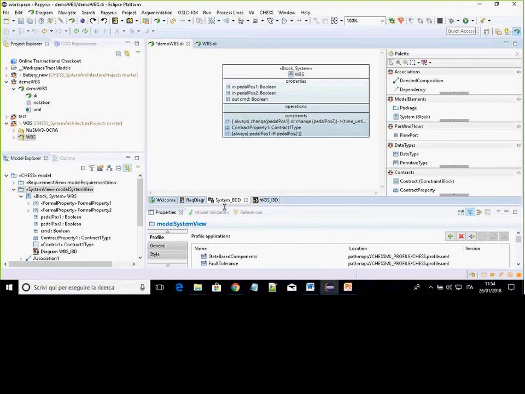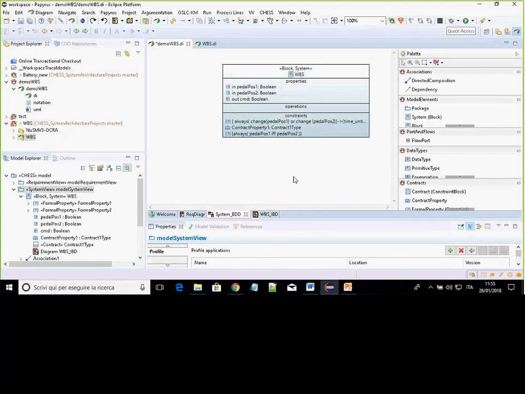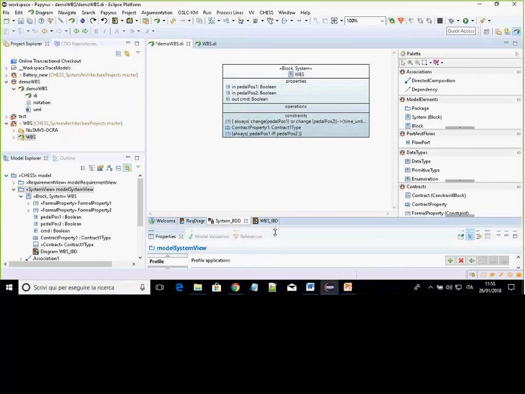So once we have defined the interfaces of the component and the contracts for it, we can go on with the decomposition,